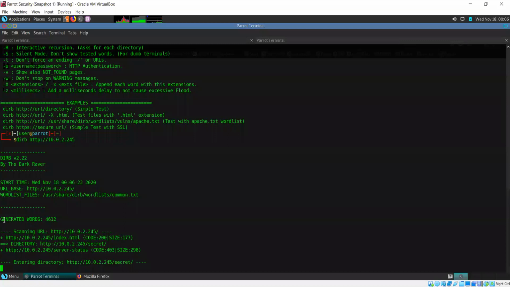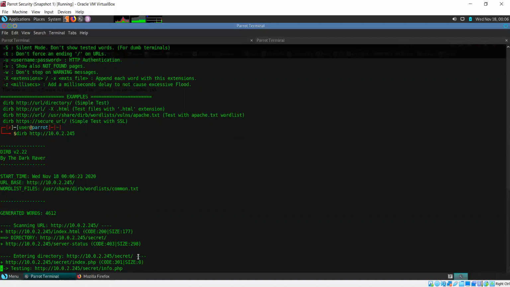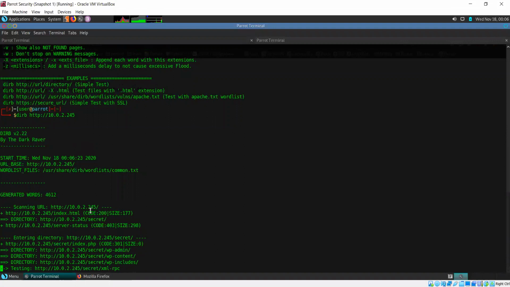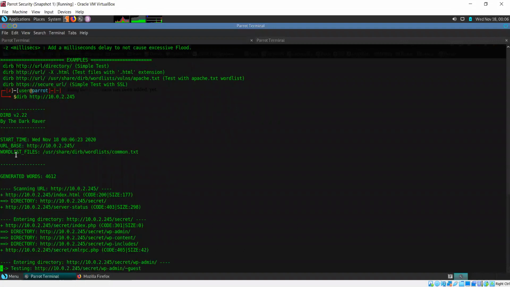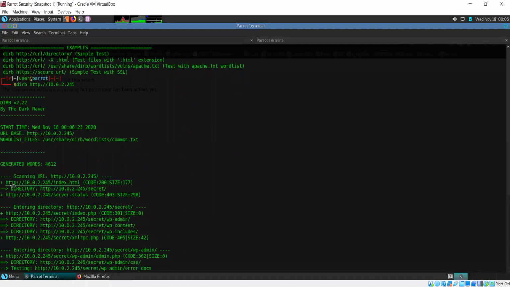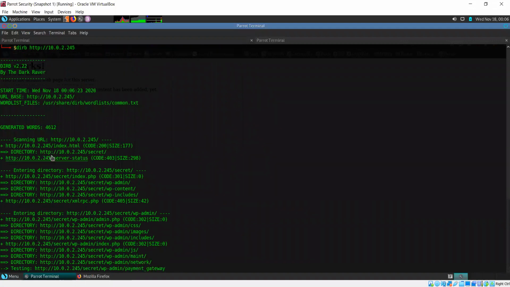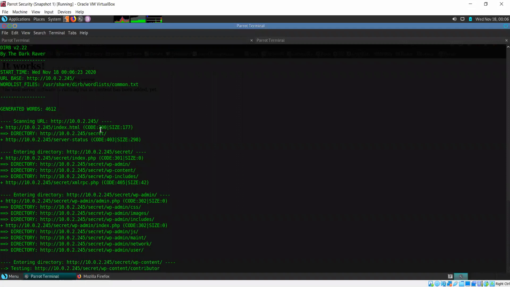It takes this URL, scans it, and tries to find the different paths which might be present on the website. Using its word list, it has already found one directory for us: 10.0.2.245/secret.